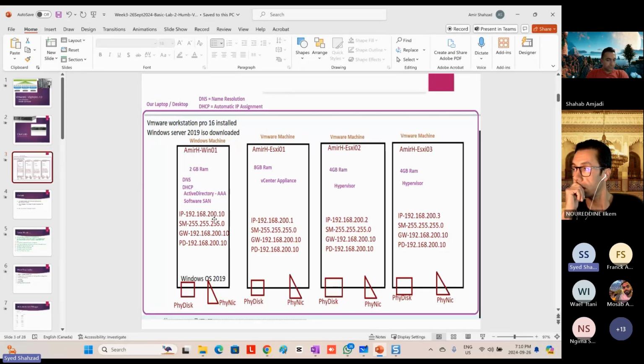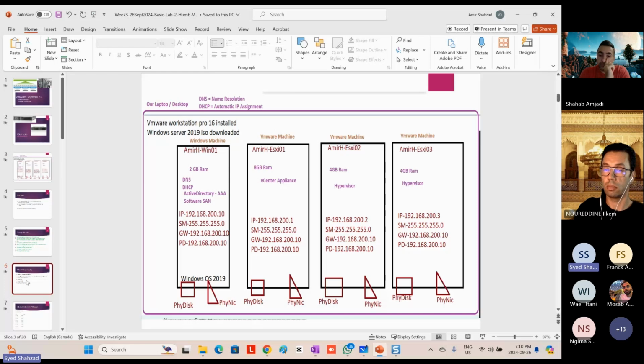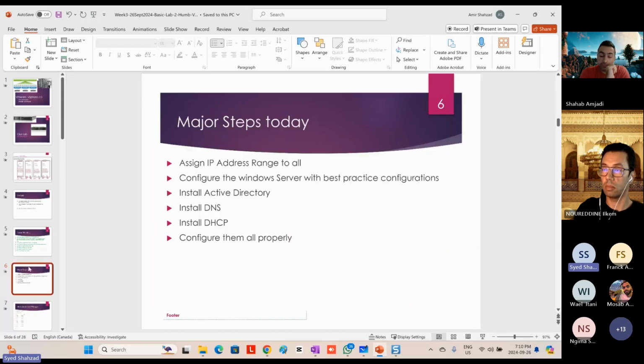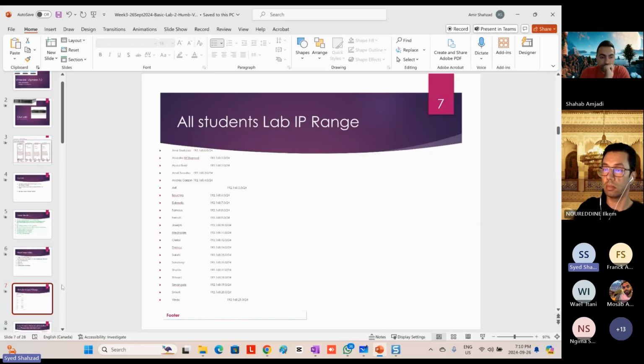Humber vCloud is a flat network, so this means that you're kind of sitting in the same room, all connected to the exact same network right now. So if we give the same name and IP, there will be an IP conflict or name conflict, and everyone will have an issue. So what I'm going to do is give an IP range. This IP range is from